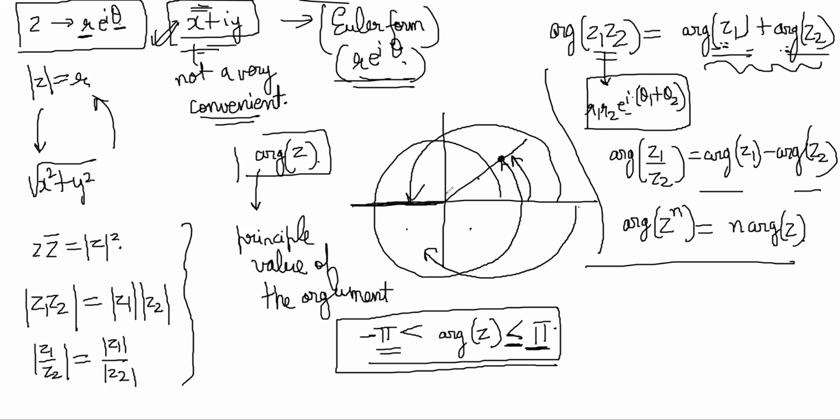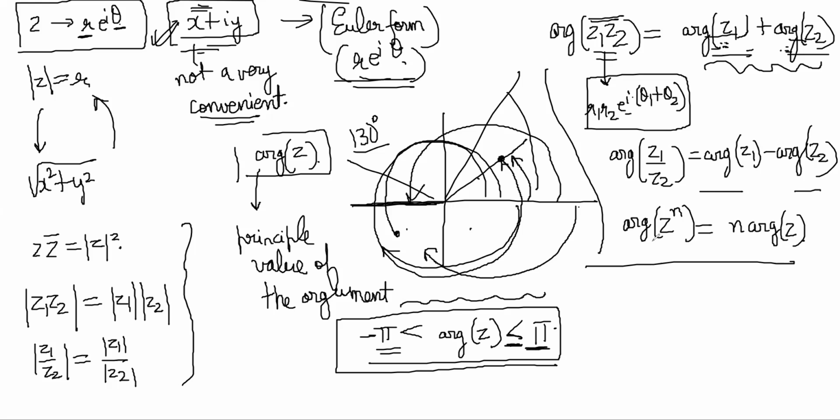Like if I had one which was 60 and one which was 130, you can write 130 plus 60, but the answer will come 190. And this answer should not have been 190, because if you are referring to principal arguments, you will write it differently. If your angle is beyond 180, you should write it this way. So there will be a plus or minus 2n pi here in everything, or plus minus pi, because once you do the calculation, it depends on where the final answer is,